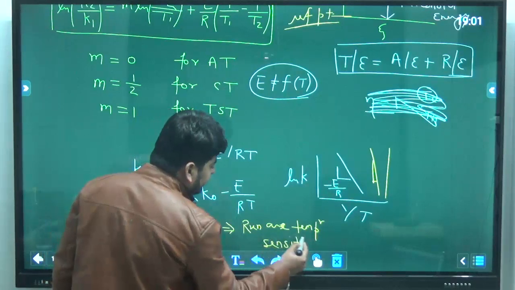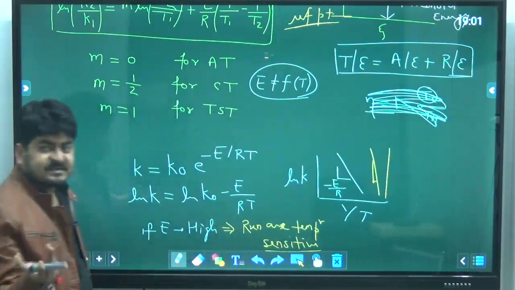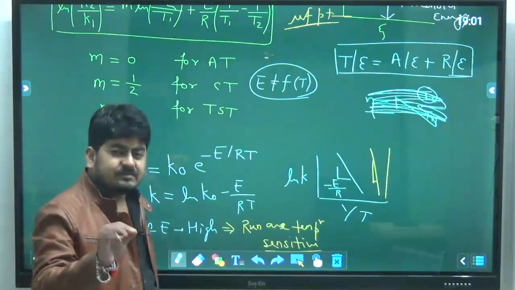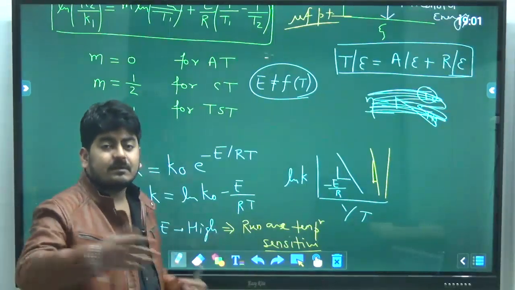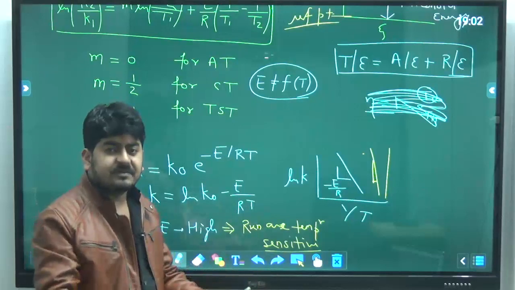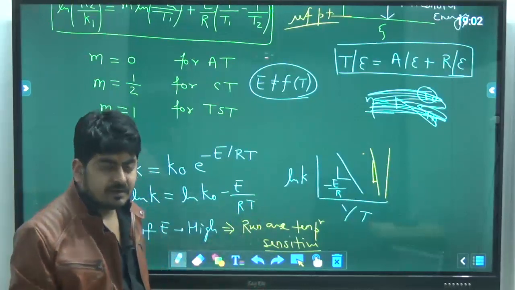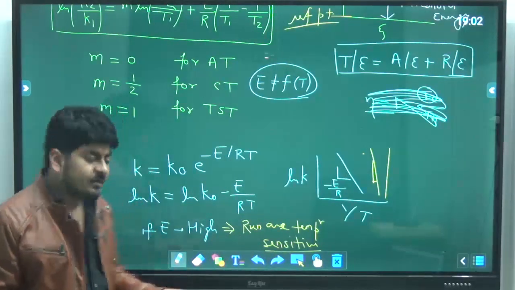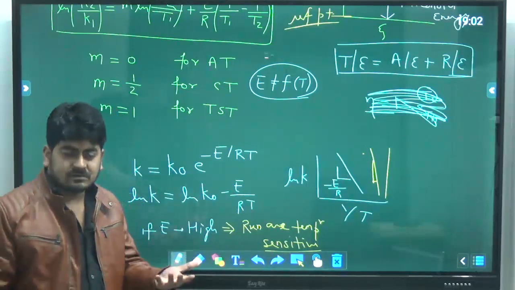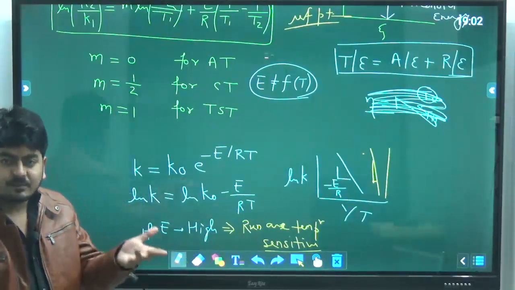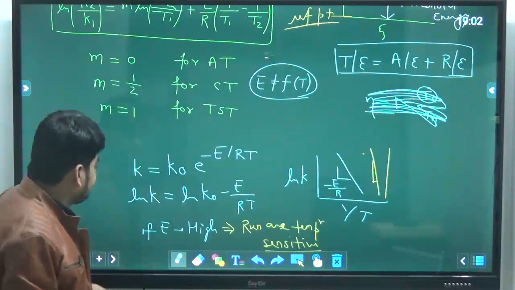And that is the meaning of sensitive thing. I hope you know, sensitive means with a small disturbance only, the person or the system gives a huge response. Okay, so that is the meaning of being sensitive. In PTC you must have also learned about this thing, response, inputs, all that stuff. Okay, anyways.